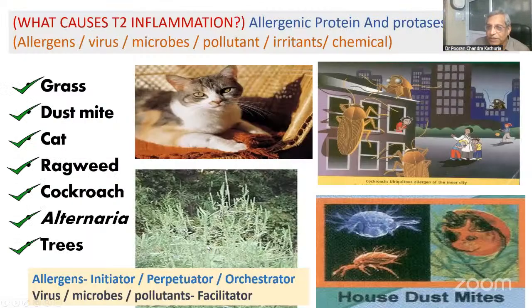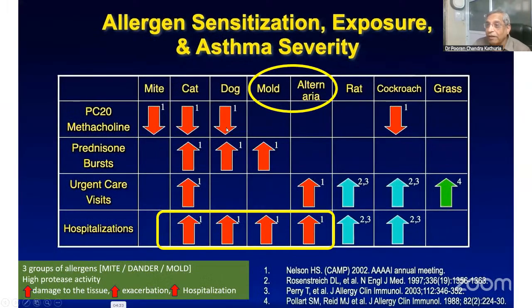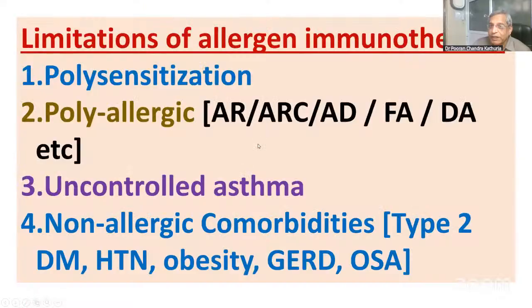Product formulation is the most important in 2025. These extracts are given in pathological conditions, in those who have a high level of high T2 inflammation. And these allergen extracts not only contain the proteins, but they also contain the protease. Both these protein and the protease dysfunction our innate as well as the acquired immune system. Especially these allergens have been found to induce more emergencies, more hospitalizations.